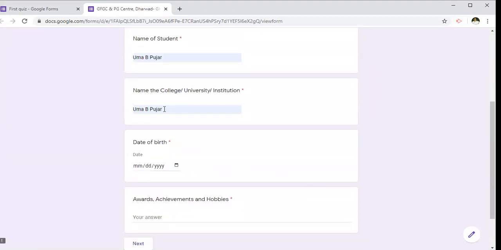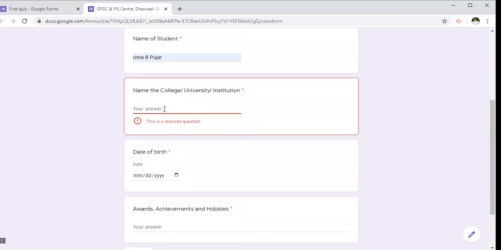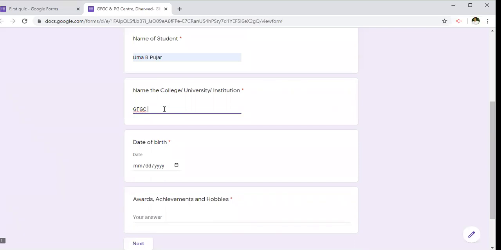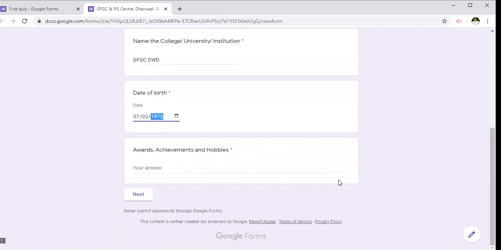Institute name GBFGC DWD. Date of birth: let me take month as 7, date as 2, and year as 1973. So these are personal details. This I'm going to tell as no. So it takes to next.